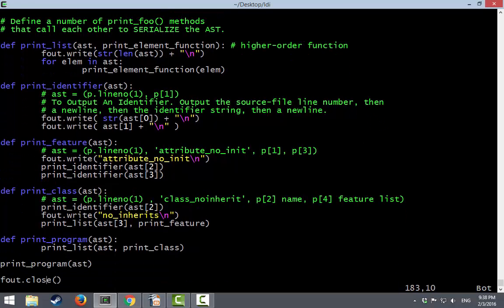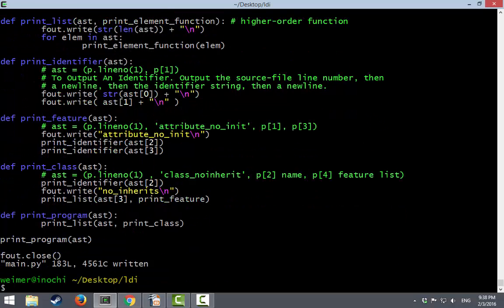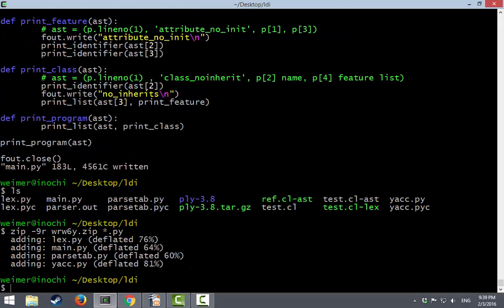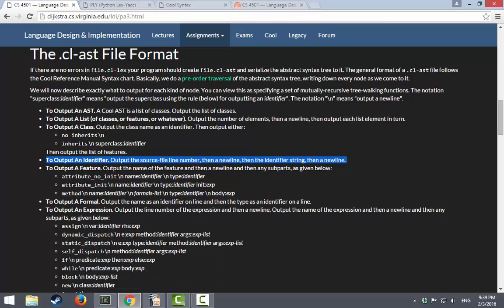Well, let's try it out for a little bit. So we will need to make some wrw6y zip file, and I'll want to put in all of the Python files, including Lex and Yak that came with PLY, just in case the grading server doesn't have them. And now, live submission demo,